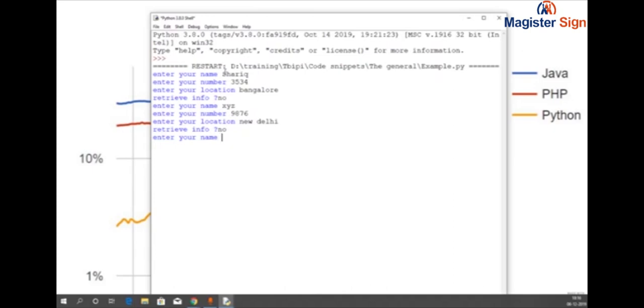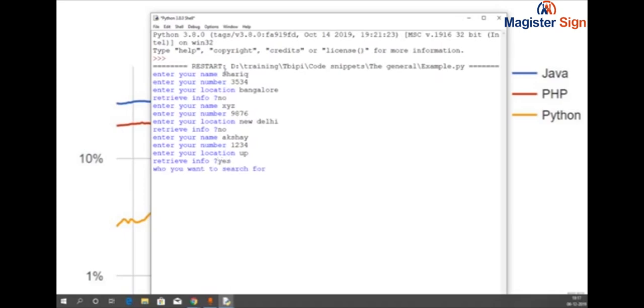It asks me the name. So let's say I put Akshay, and number 1234, location UP. And now, let's say I'm a user and I want to check the directory and know if a certain person, a name, exists in our country, or it can be a database for a country, a database of a house, a database of a company, etc. Anybody. So let's say now I want to retrieve some information, so I'll just say yes,